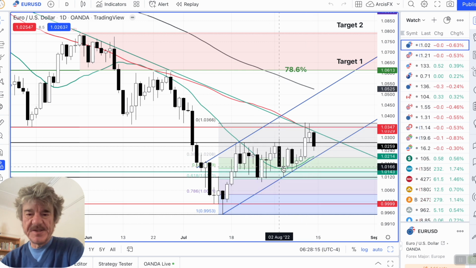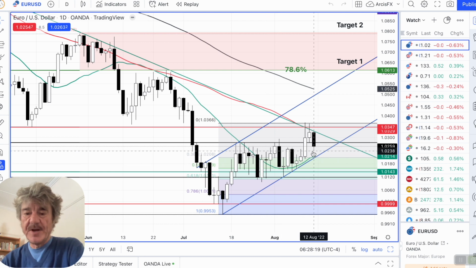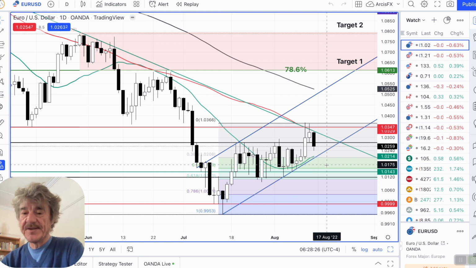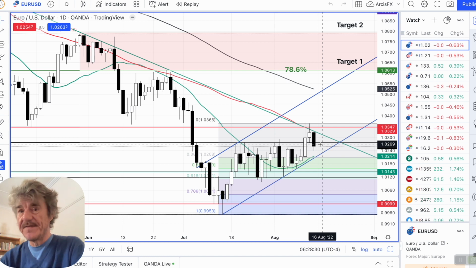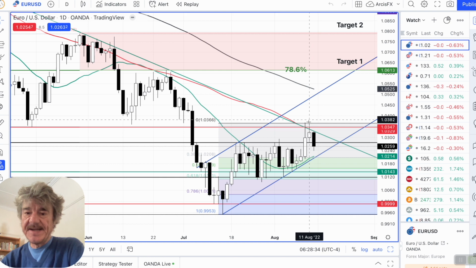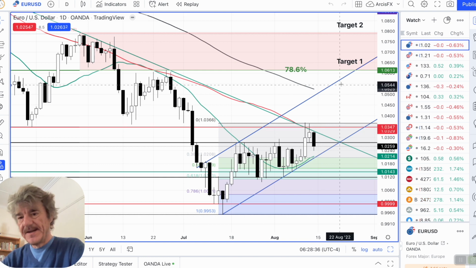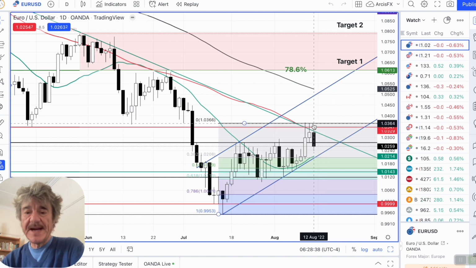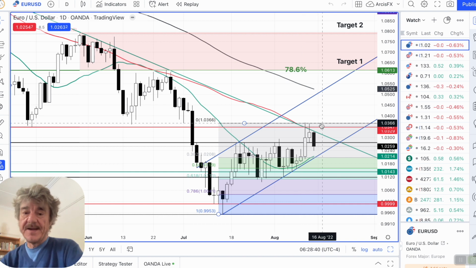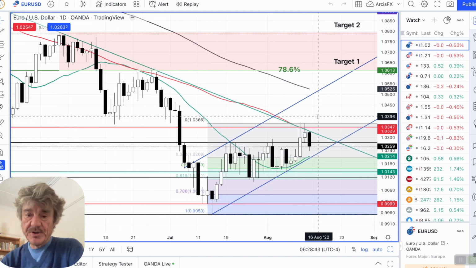I'm really hoping that this 20 SMA is respected again. It's been good for the last week, maybe even 2 weeks. It's curling upwards. It's acting as a good support, good base. And with a bit of luck on Monday or Sunday night when the market's open, it's Sunday afternoon now, we'll begin to move up from here, start to test these highs from late last week and move up towards our target. So once we get through here, I must just say, if we get through this little double tweezer top,